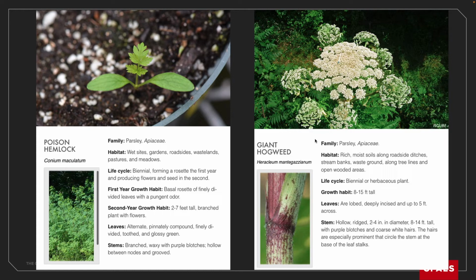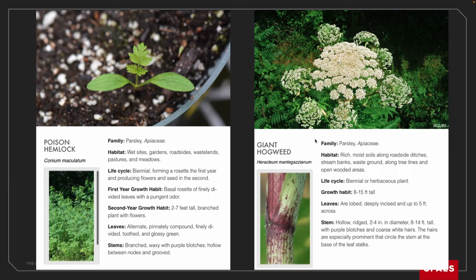Poison hemlock is also poisonous, but you really have to ingest it. In an instance where you're mowing it and you breathe in what you're mowing, if you're mowing a bunch of poison hemlock, that's a problem. But really, aside from that, you have to ingest it, although people can have some skin irritation from this. It varies by person.